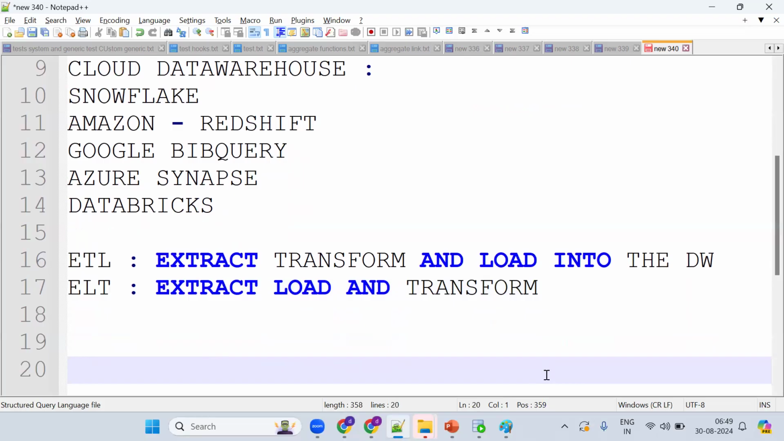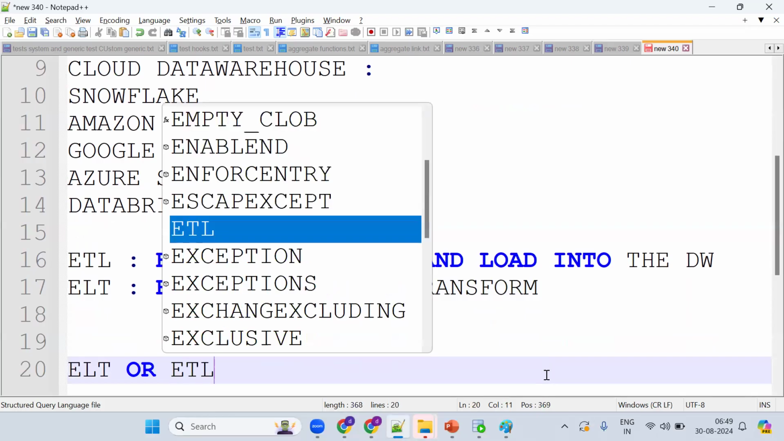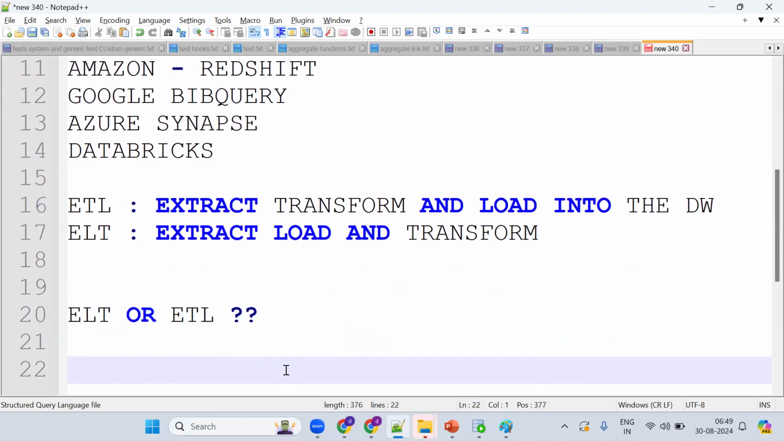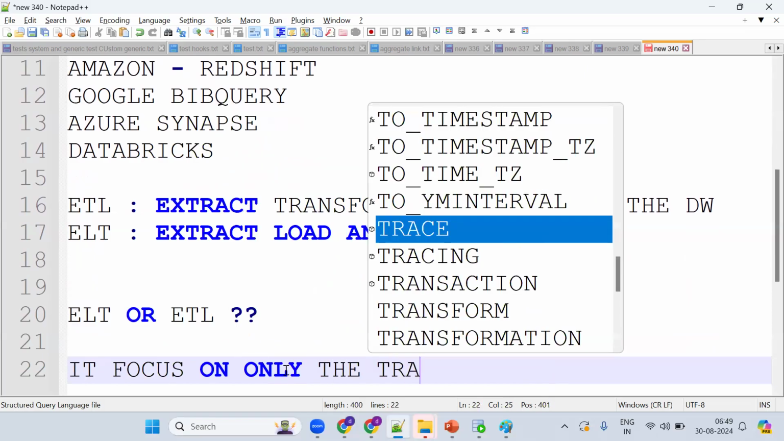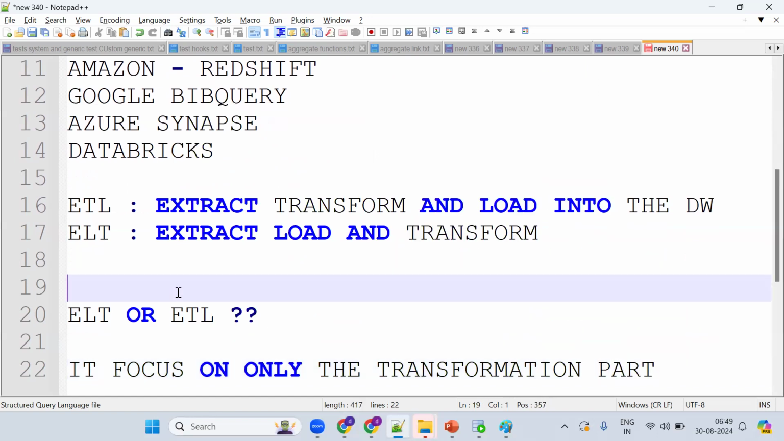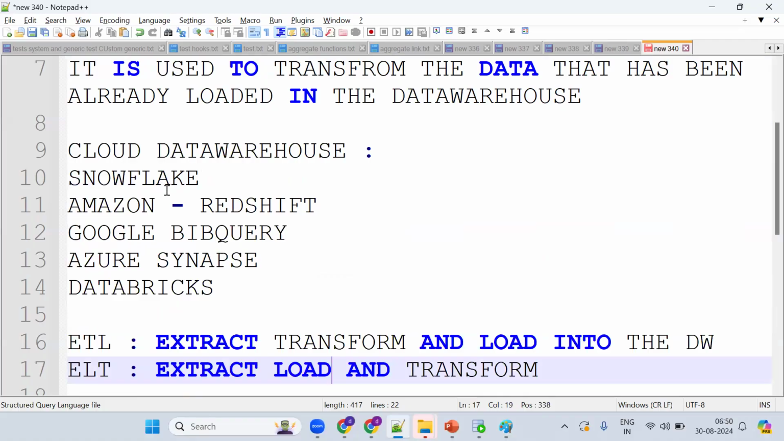Based on this, tell me now, is DBT an ETL tool or an ELT tool? Any idea? No, it's neither an ETL tool nor an ELT tool. It focuses only on the transformation part. This is important. DBT stands for data build tool. It is mainly a data transformation framework. It is used to transform the data that has been already loaded in the data warehouse, whether it is Snowflake, Redshift, BigQuery, Synapse,